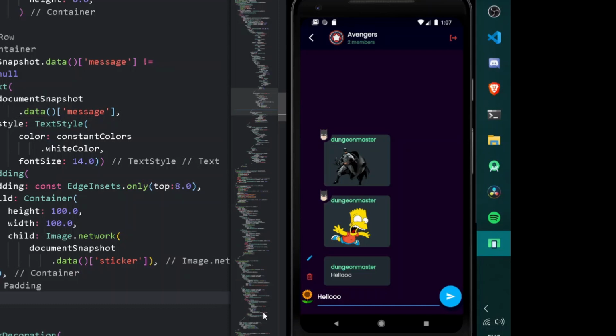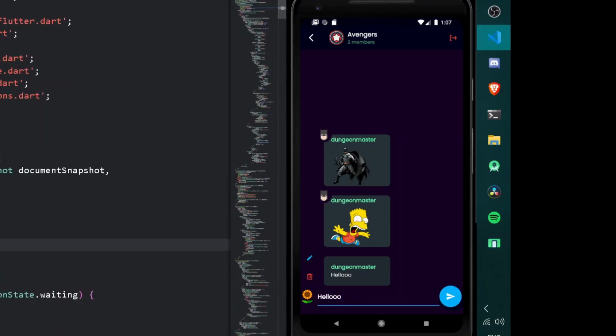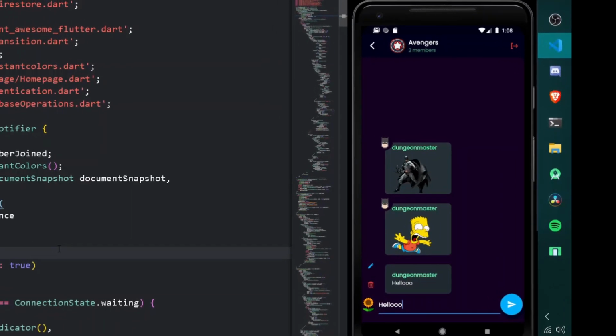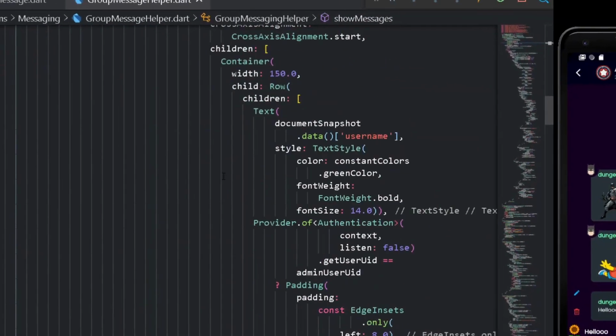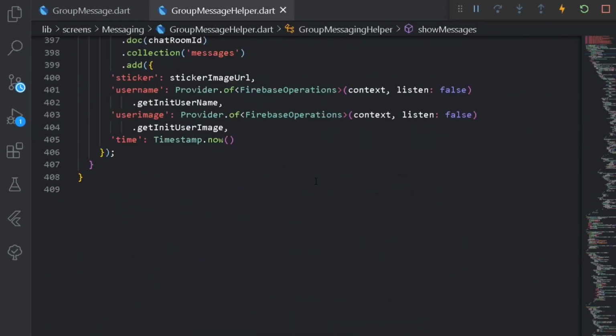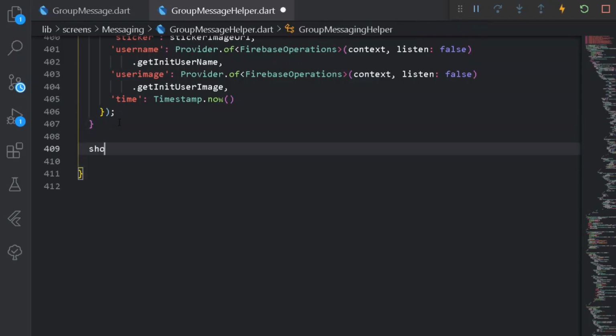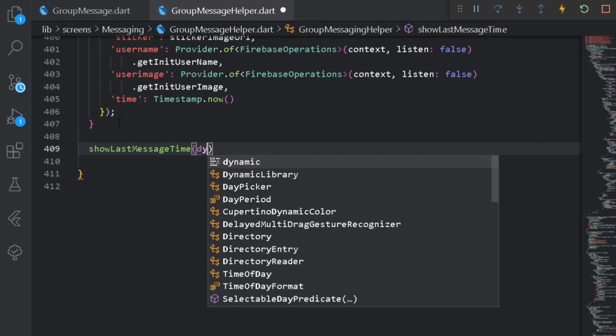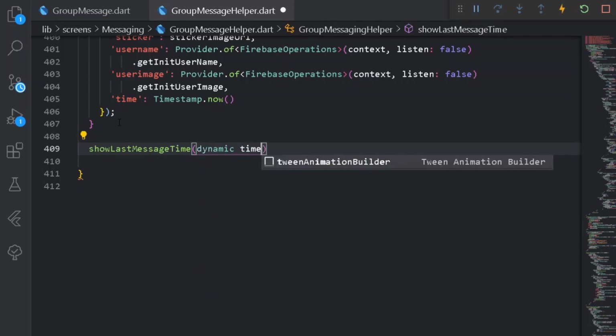So in this way, we have concluded that we are now successfully able to add messages in the form of stickers under our chat rooms. So now once the following thing is done, let's implement our second objective, which is showing a timestamp under our particular messages. So for that purpose, we can create a new method for simply verifying the message. So for that purpose, we can come down here and have a new method for show last message and time. So here it will be taking nothing but simply a dynamic time, that is time data.